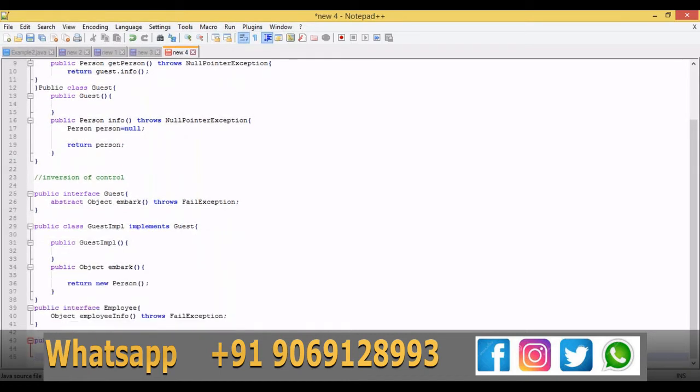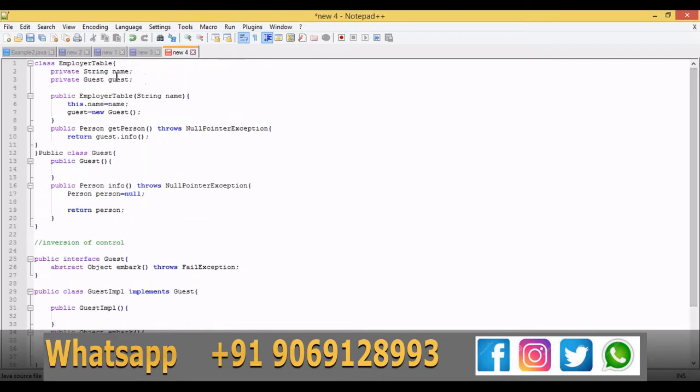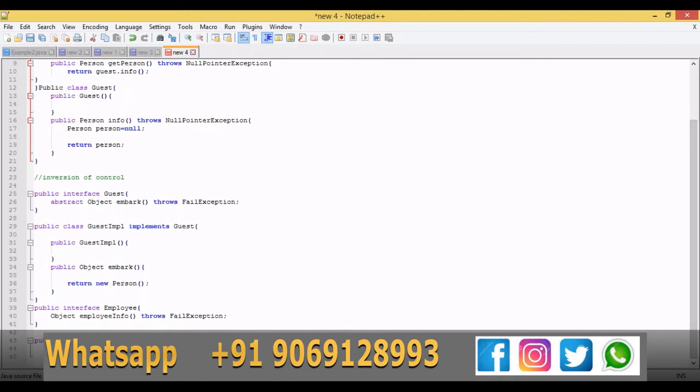First I'm creating some private variables, like properties, we can call them, of type string. The same properties I implemented on top of the Employee class, those are the string name and guest. So here